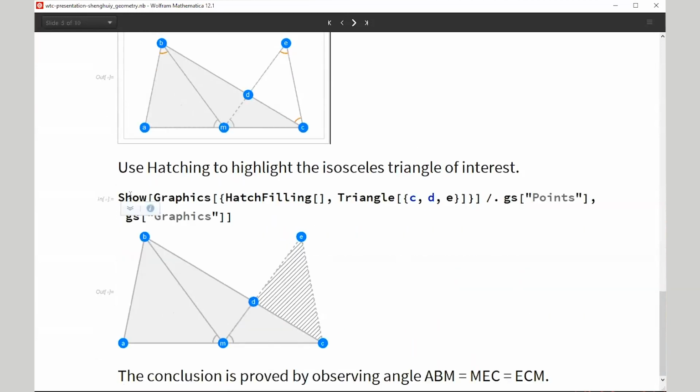And also, the feature I like a lot is HatchFilling. It gives me a very nice way to highlight the isosceles triangle that I'm going to show in my proof. This is a very nice feature introduced after version 12. I think there are a lot of ways to use it, but in Euclidean geometry I feel it is great. Sometimes I have, for example, a lot of triangles or a lot of circles, and I'm going to show the congruence or